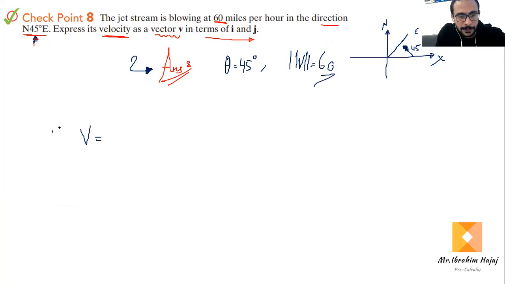So write the formula first to write any vector using its magnitude and direction: magnitude of V cosine theta i plus